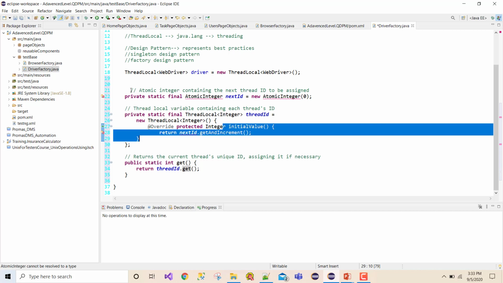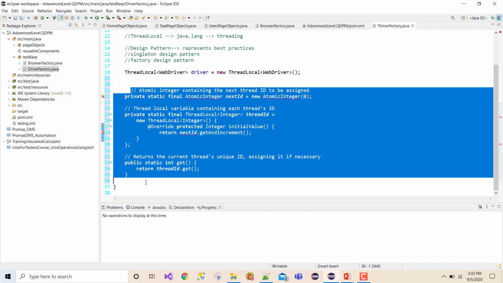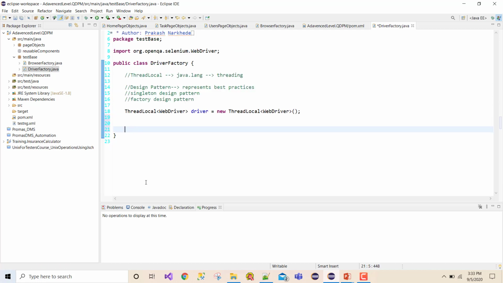But just one more point here: we are going to create it as a singleton class. What does it mean when I say singleton class? A singleton class is nothing but only one instance exists ever. So singleton design pattern means only one instance exists ever. For now this would be a bit difficult to understand, but believe me, once we write the complete code, it is going to be very easy.